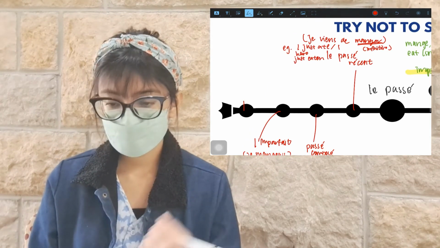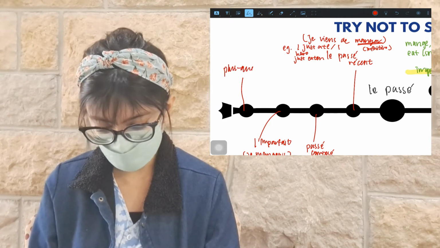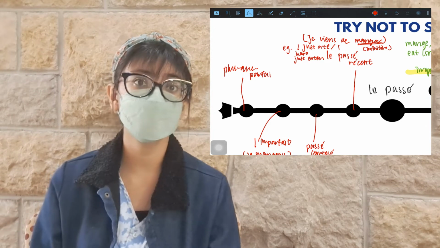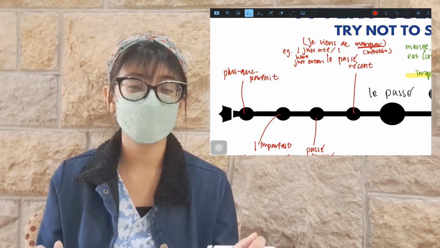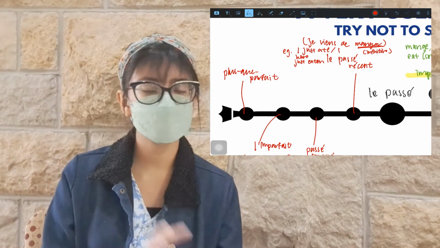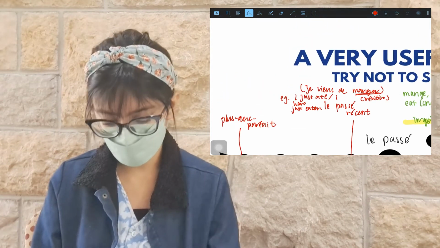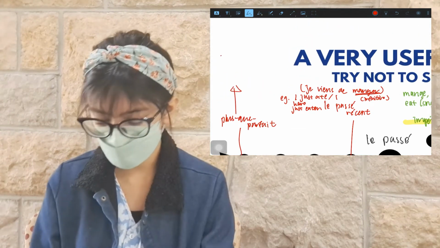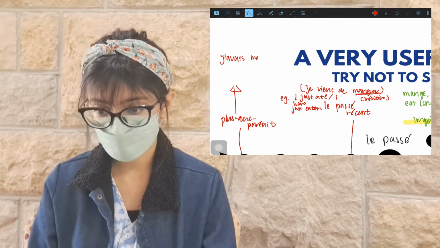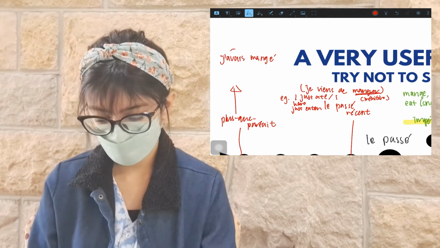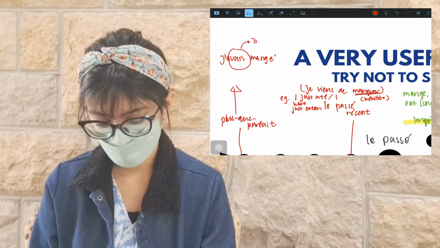Now, moving straight into the next tense, le plus que parfait. I personally believe that this is not very essential. If you don't know how to use it, I think for a high schooler that's completely fine. But again, it depends what syllabus you're aiming for and what grade you really want. But I do want to touch upon this tense. So, le plus que parfait, for example, j'avais mangé. Okay, so here, do you see avait? What is avait? Avait is the imperfect here.